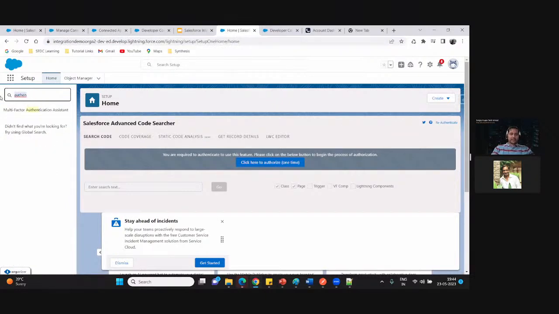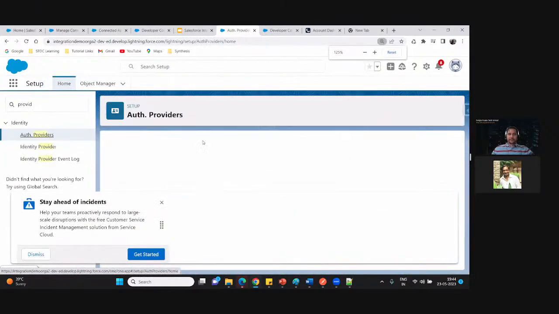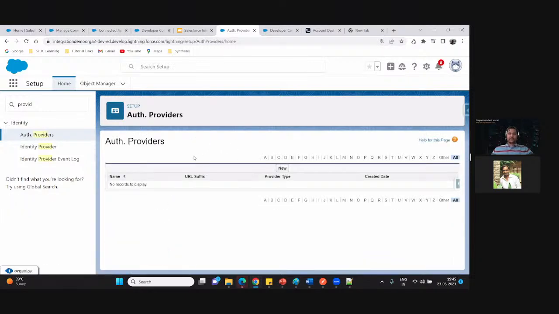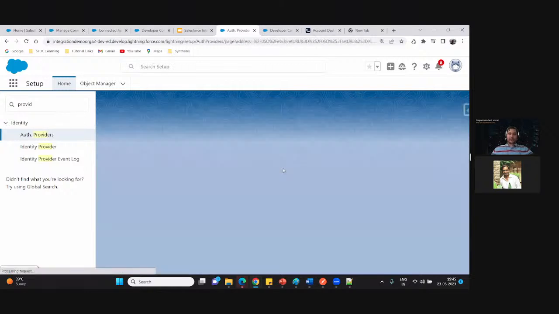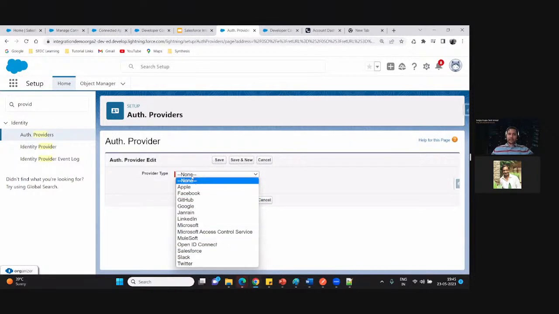To create the authentication provider, you just have to go here and search for the auth provider. So here I'm clicking on the auth provider, and let's select the kind of auth provider that we have to use for the authentication. Salesforce has provided a few of the auth providers here. As soon as you click on new, you can use any of the different auth providers provided by Salesforce.